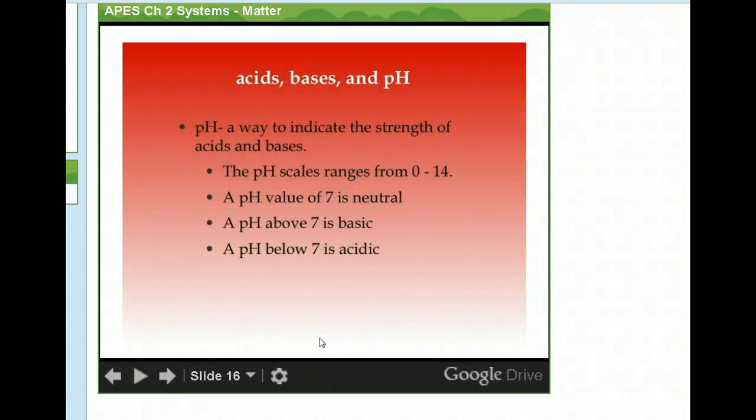pH is super important in environmental science because we want animals, plants, and humans to be able to live in the particular water we have. We want things to be close to neutral, which means the H+ are balancing out the OH- in water. Remember, pH goes from 0 to 14. 7 is neutral, and that's good for a lot of plants and animals. If it's a bigger number than 7, it's going to be basic. If it's a smaller number, it's going to be acidic.